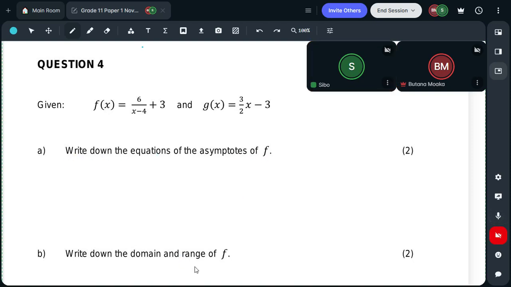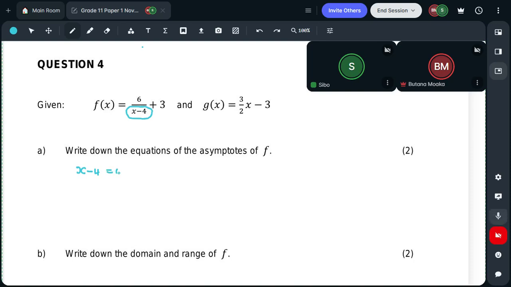of f. So when they need the asymptote of f, we have what we call the vertical asymptote and the horizontal asymptote. Okay? I'll explain which one is the vertical and which one is the horizontal. So first thing first, you see this x minus 4. Do you see that part? We're going to take that part,